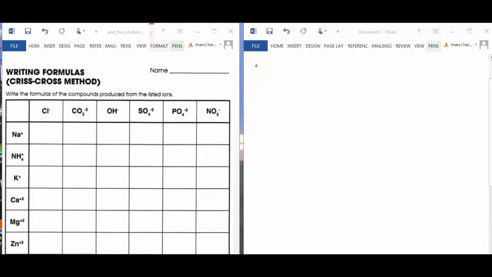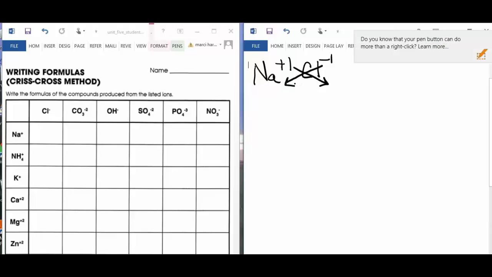Alright, so I'm going to write sodium first, Na with its +1 charge, and I'm going to write Cl with its -1 charge. Now the way that the crisscross method works is that you are going to take the charge of the positive ion and crisscross it down to where the number will sit beside the negative ion. I'm going to do the same thing with the negative ion's charge. I'm going to crisscross it down so it sits next to the positive ion. When you do that, you get